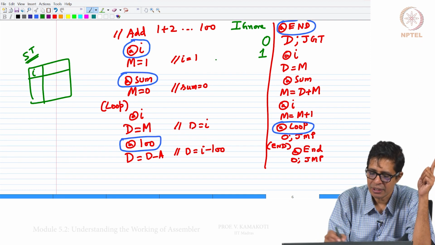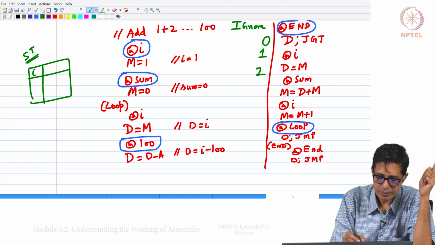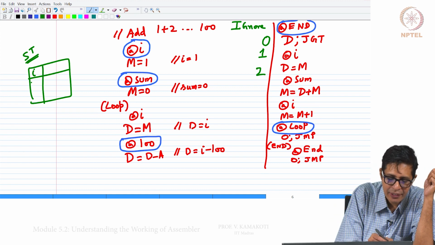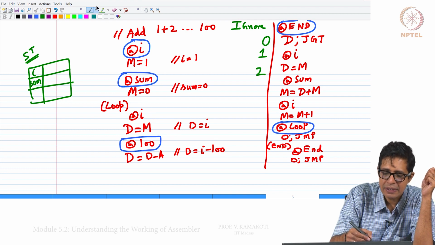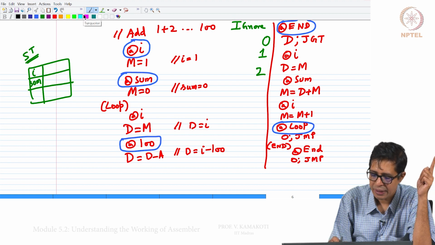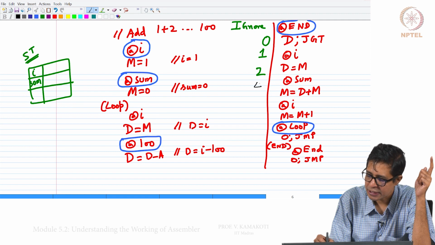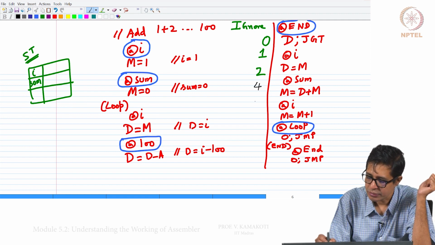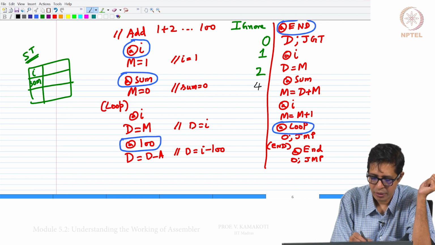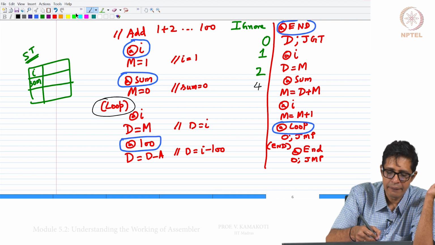Okay. Now, I come to the third instruction, that is 2. I see another symbol here, I register that symbol sum in the table. Now, I see the fourth instruction here. Now, I see a loop, a symbol loop.